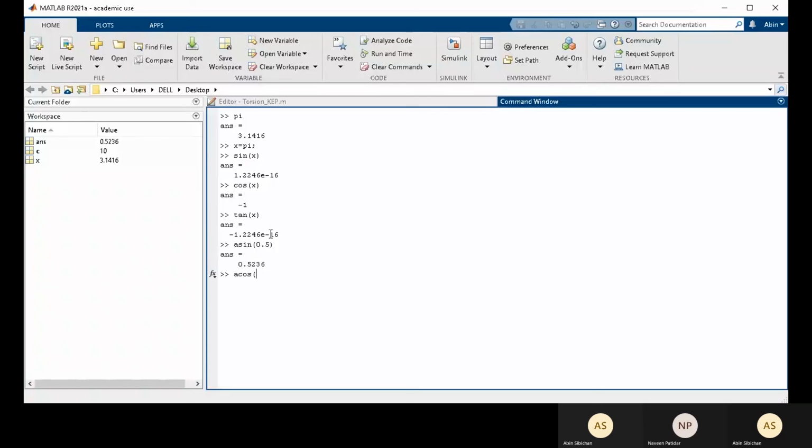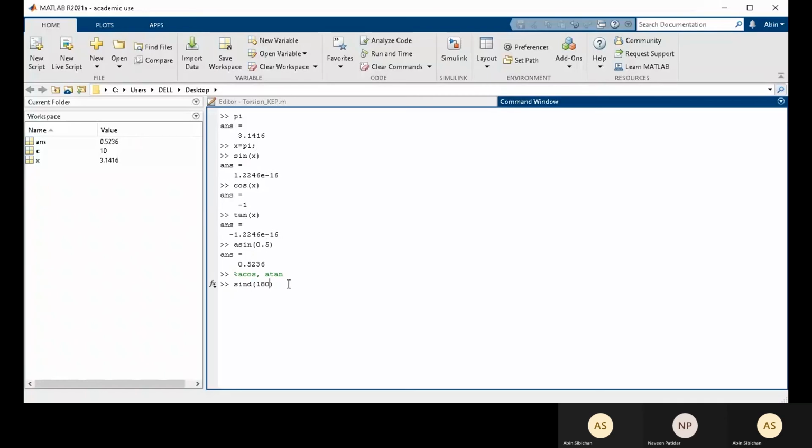Similarly asin of 0.5, and acos, then atan, these are the other functions. Another thing is, suppose I need to find sind. Sind means the input angle will be in degrees.